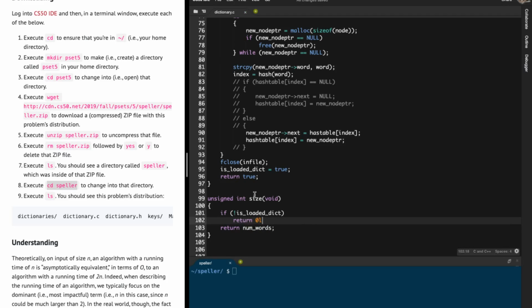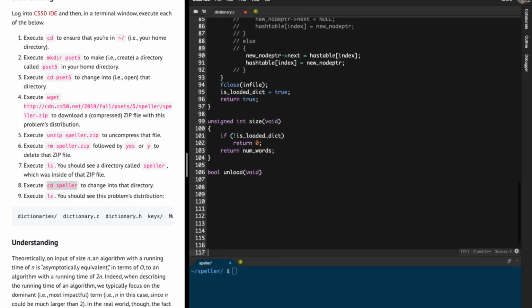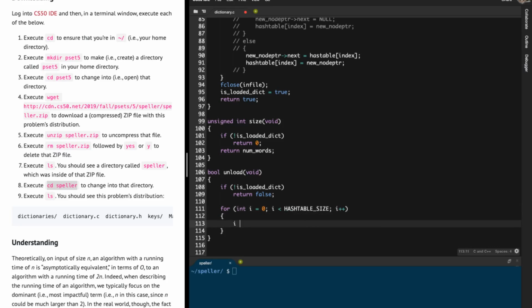Now to unload this dictionary, that's the last thing that we need to do here. Let's say bool unload void. What we need to do here is unload and free all the linked lists. So if the dictionary has not been loaded, then we can simply return false. Otherwise, we need to iterate over this hash table, i less than hash table size, i plus plus. If it so happens that hash table of i is not null, then we should